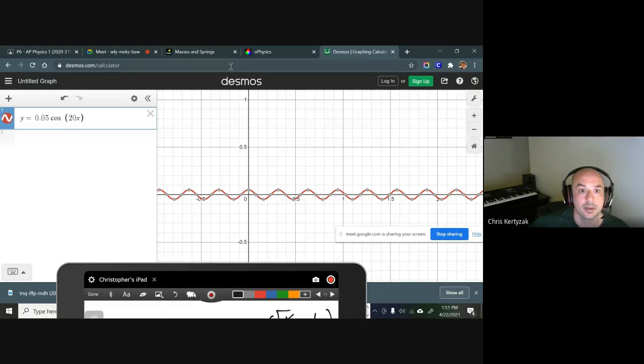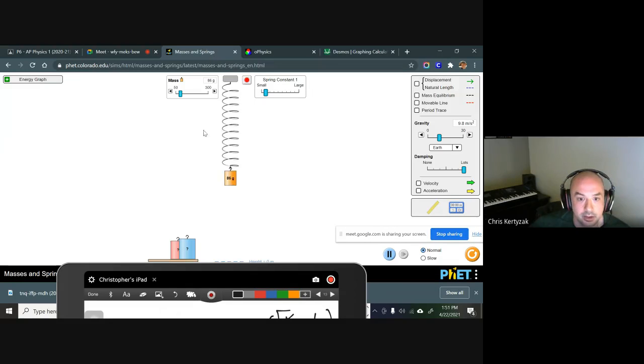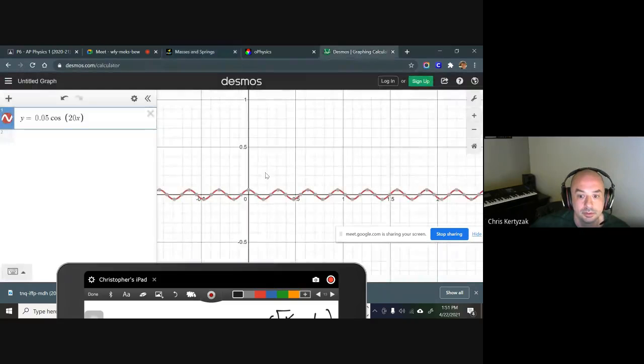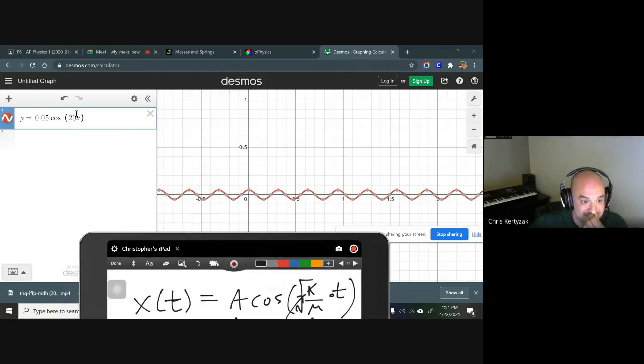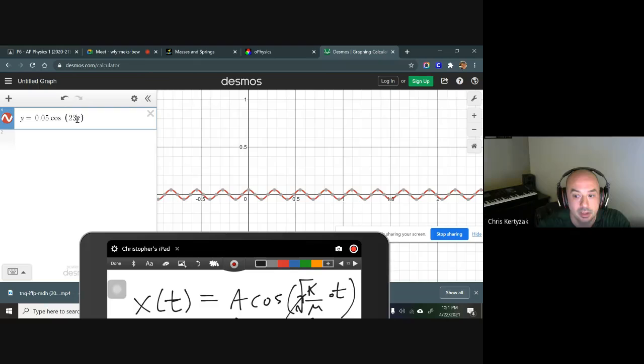This that you're looking at would be a good model for this. Zoom, zoom, zoom, zoom. Small period, right? Omega is very high. Again, if this number was much smaller, not 20, but like the number 3,